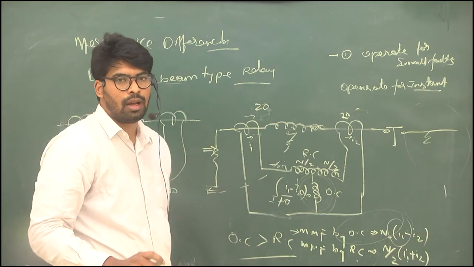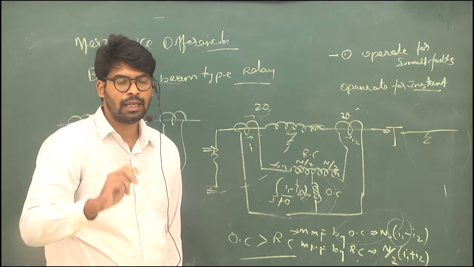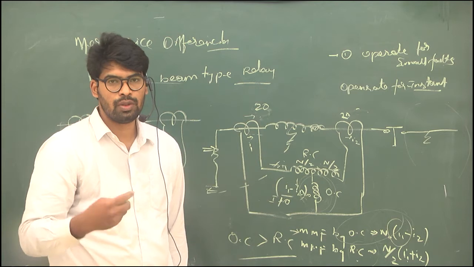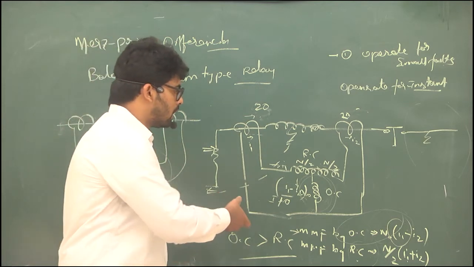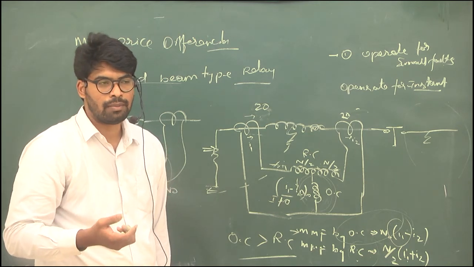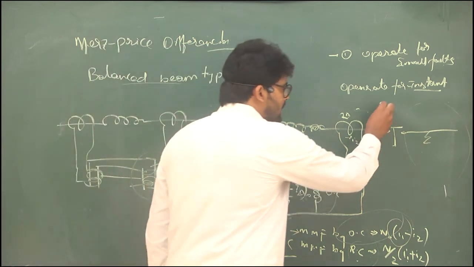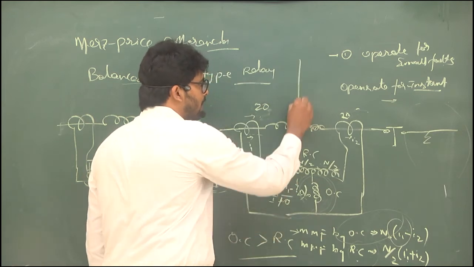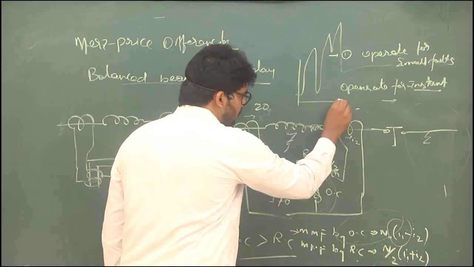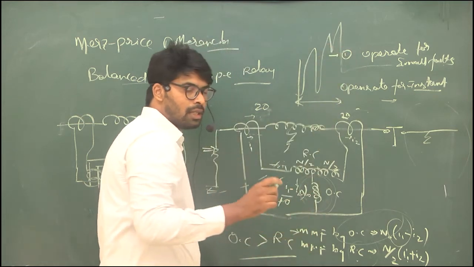For example, if some switching is taking place, high transient currents will flow. That may not lead to damage of the alternator, but at that time, if this coil is operated, this is not useful for us. Therefore, any protection relay needs some minute time to operate. That means you should see whether the transient is nullified, whether the transient is sustaining at that instant of time. For example, if the transient is taking place and a normal current is flowing, the protection relay always needs to observe whether this transient is sustaining or not.